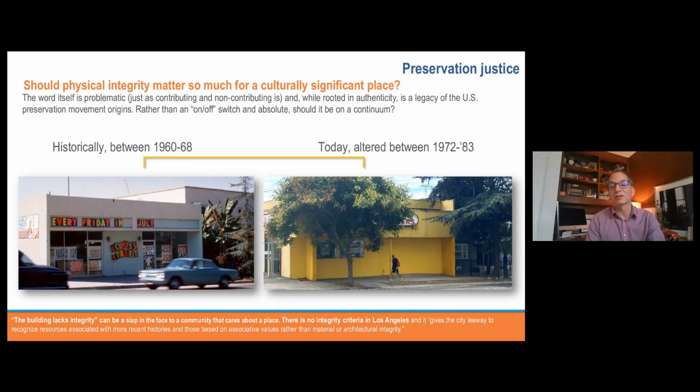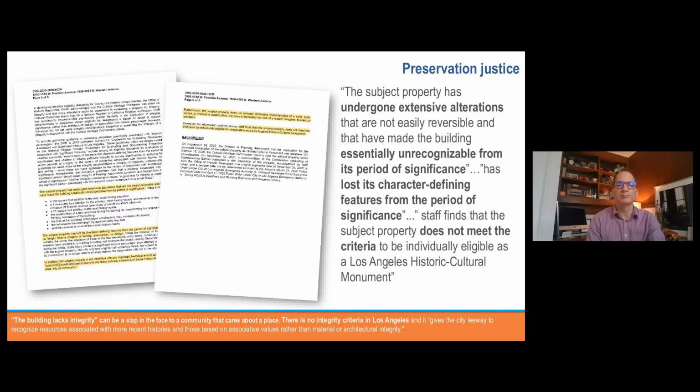In Los Angeles, there is no integrity criteria in terms of the formal process. However, it's still being used in many ways in terms of consideration of whether a building should be determined eligible. And here you see a staff recommendation at the time that was looking at this building, again, the Sister Mary Corita studio.